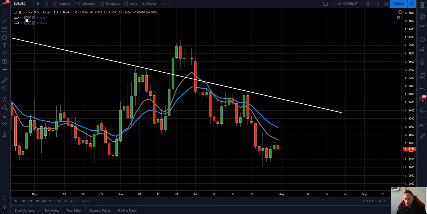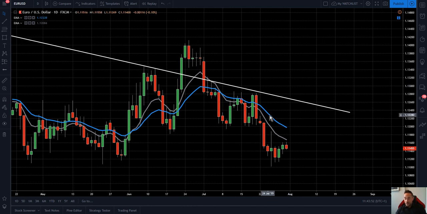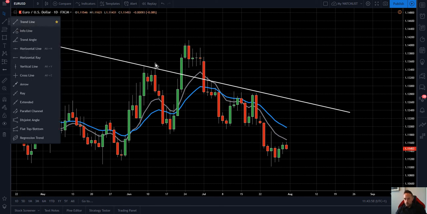Maybe that's easier to see if we put some EMAs on. You can see that change from buyers to sellers, and you can see the cross in EMAs. You know, some people trade EMAs. This is a 20 and a 10, by the way, if you're interested. So yeah, we could see,